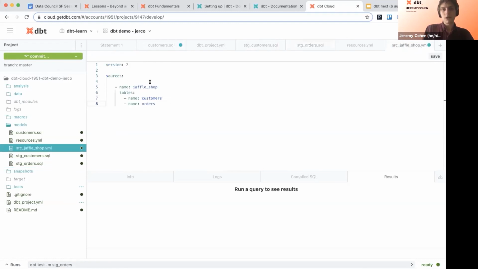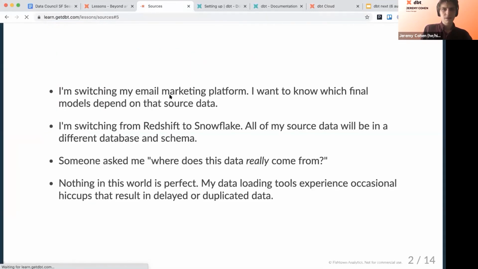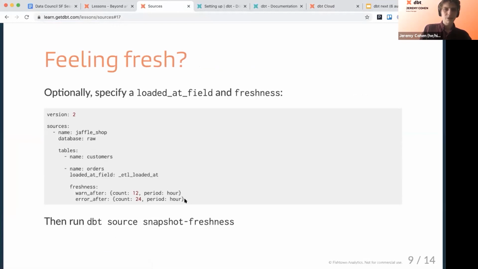There's one other pretty neat, pretty exciting thing I can do. And I'm going to make sure I get the syntax right here. And that's actually test how fresh, how recent my source data is at having been loaded.